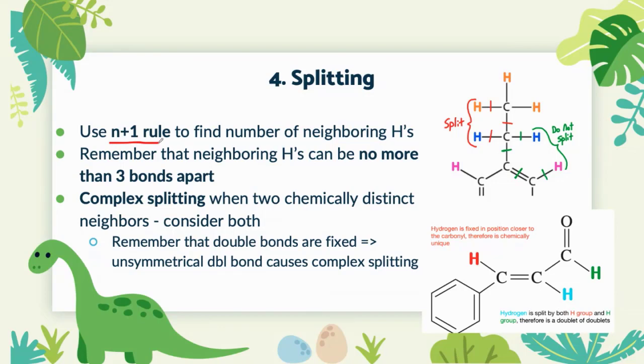If you see complex splitting, that means that you have 2 chemically distinct neighbors, and then you can find out a little bit about both. So it can tell you where exactly something is. Something to remember is that neighboring hydrogens can only be detected by splitting if they are no more than 3 bonds apart. So the way you count that, and this is something that often is a point of contention, is